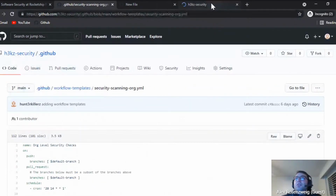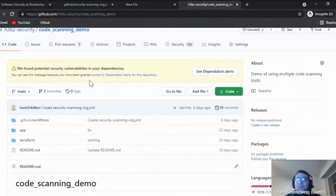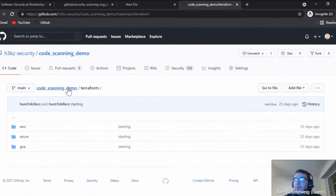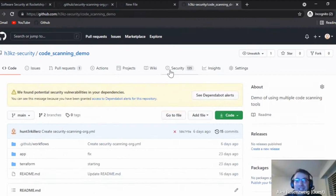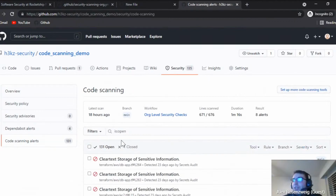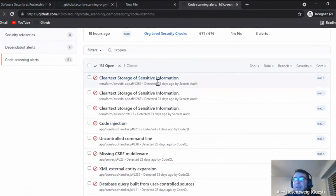Let's hop into a repo where we've actually got this activated and we've done some scans. Right off the bat, with this repo, we've got something standard. We've got our app and we've got our Terraform configuration, or our infrastructure as code. The thing that sticks out to me as a security person is that security tab with the big 135. The nice thing about GitHub Advanced Security is it's pushing the alerts directly into the GitHub UI. In fact, if we come here into code scanning alerts, we can see all the results across all of our tools being explained,